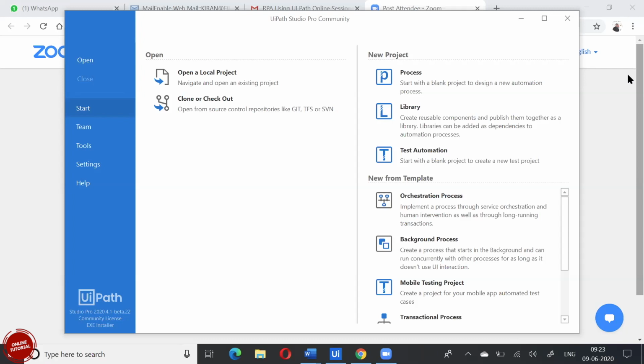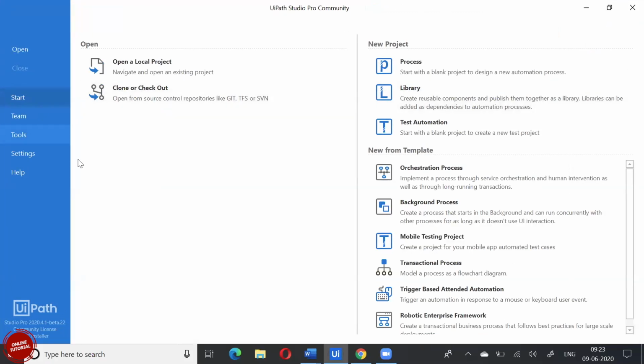Okay. So now we'll start with a complete tool overview. As I said, I'll give you each and every piece of information, like what is given in the tool and what the purpose of it is, even before we go to the actual topics.